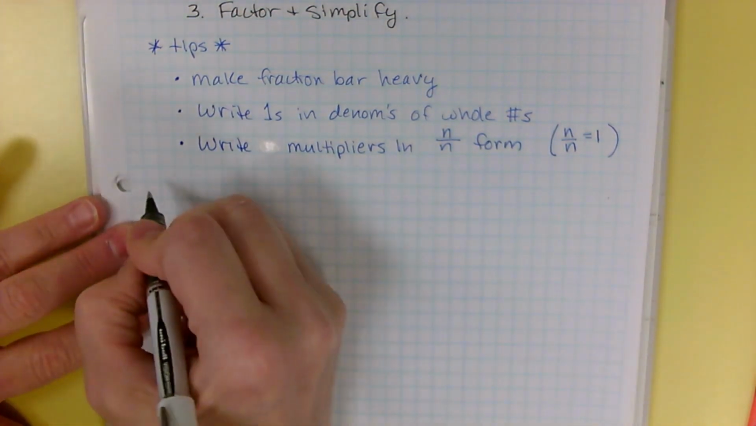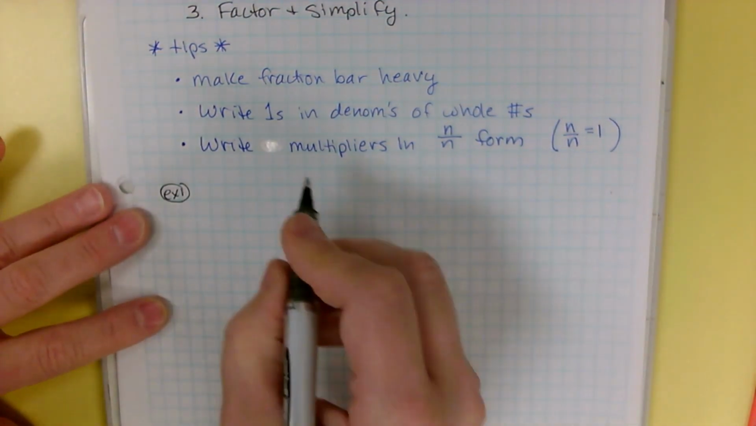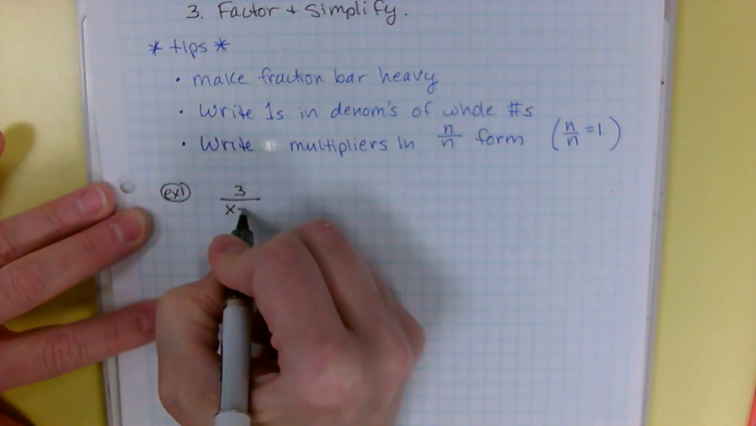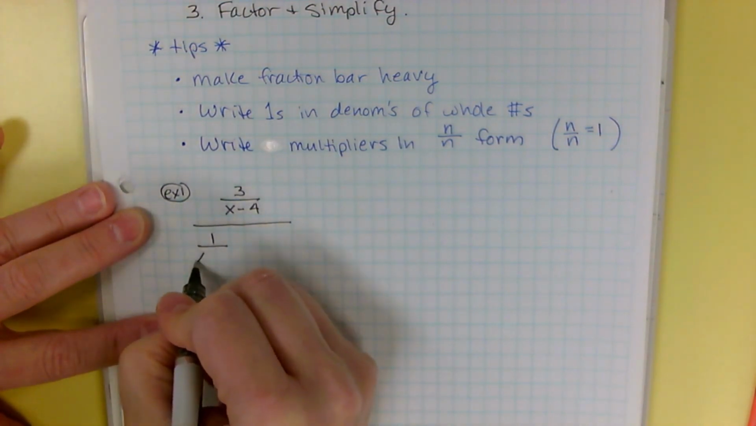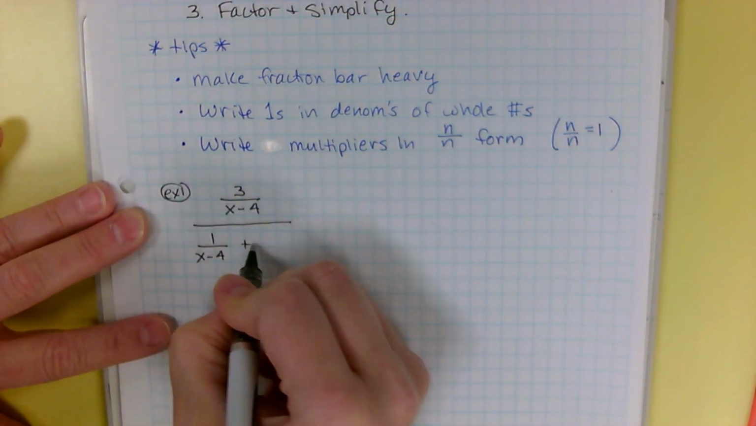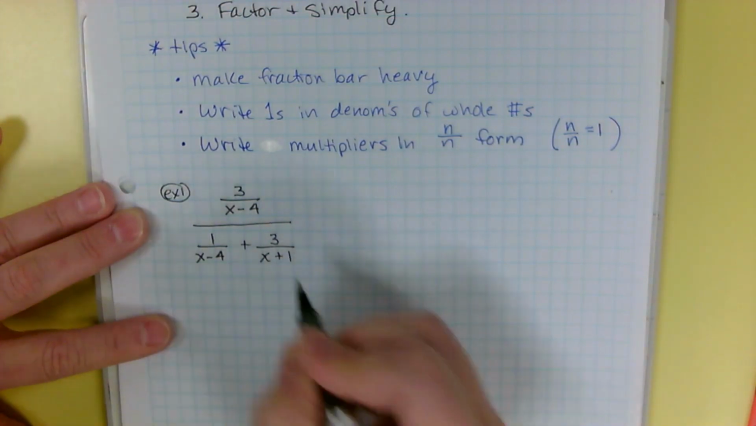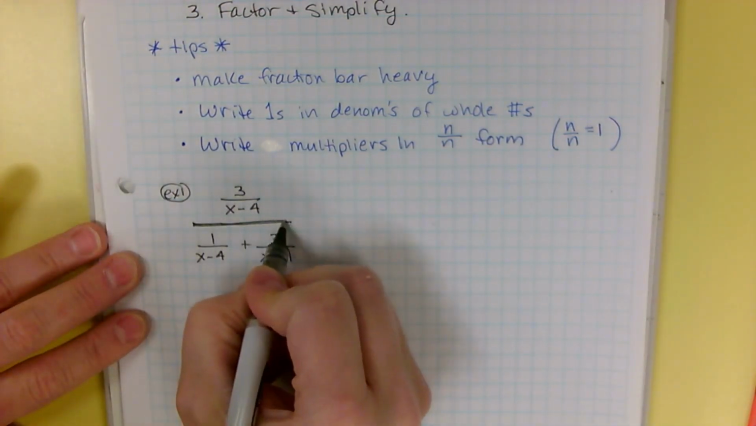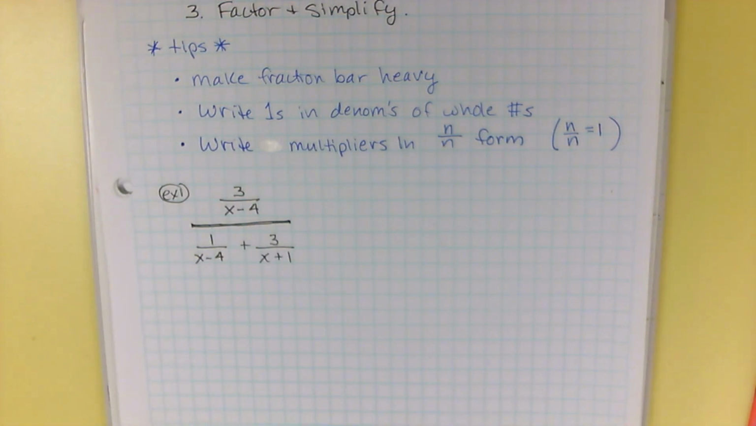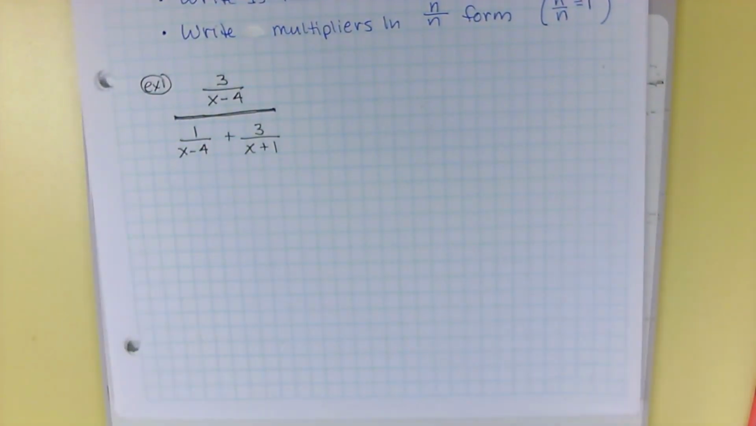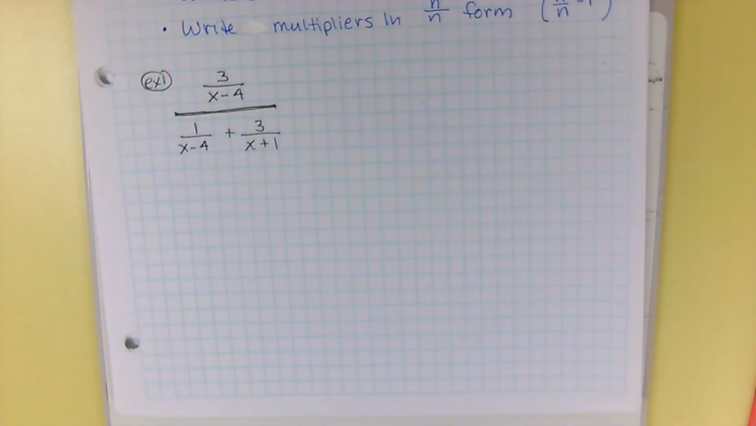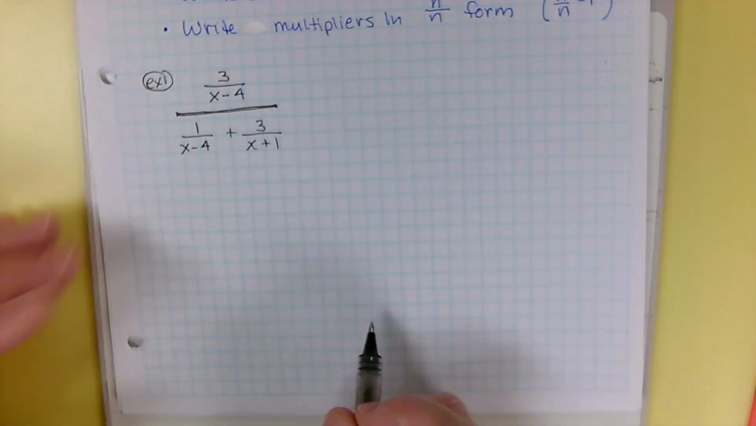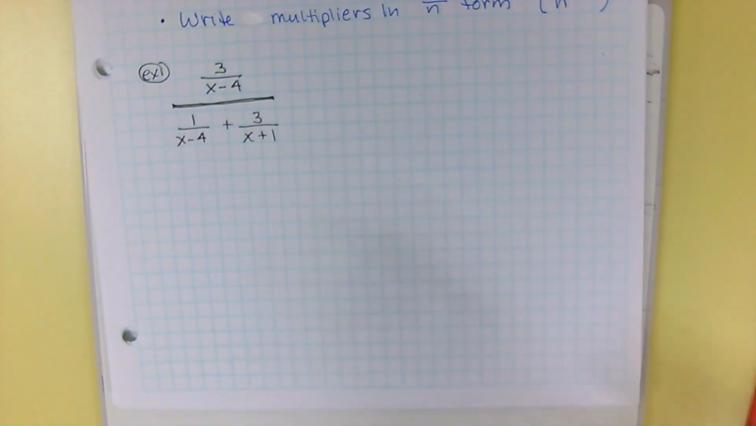Okay, so let's do some examples. Start with example 1. 3 over x minus 4 all over 1 over x minus 4 plus 3 over x plus 1. Okay, so first thing you want to do is simplify the top and the bottom. Now the top is already simplified and I can't factor it. So actually the top on this one is done. It's the bottom. The bottom needs to be worked with,